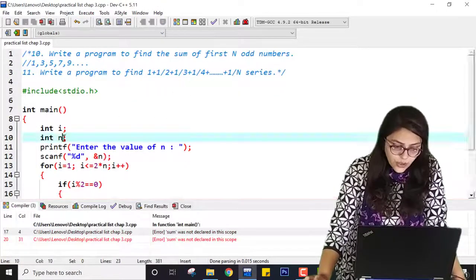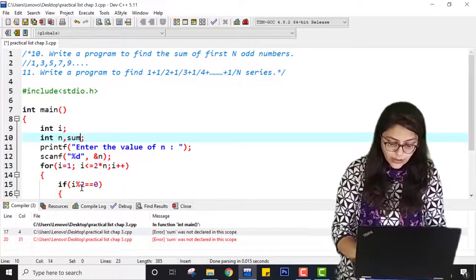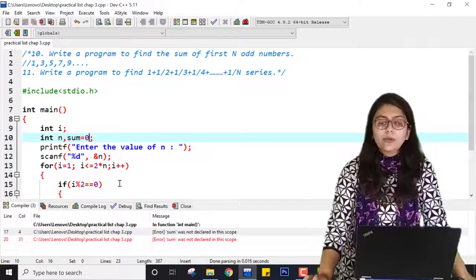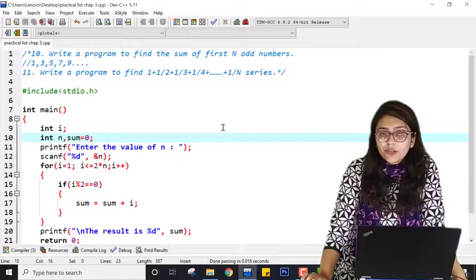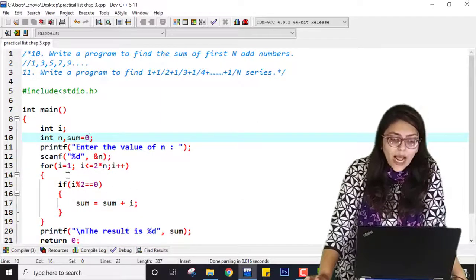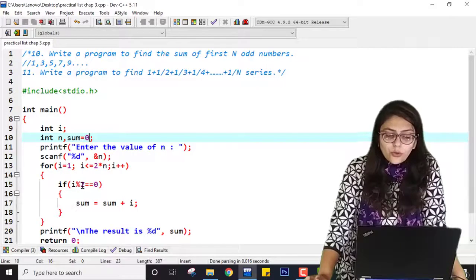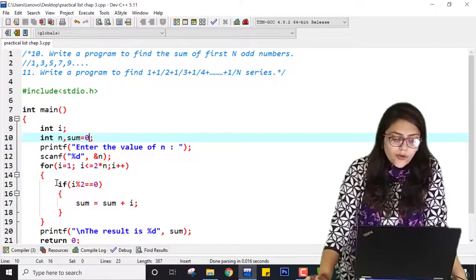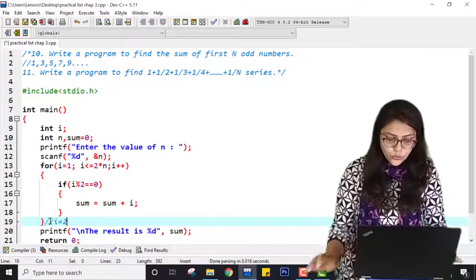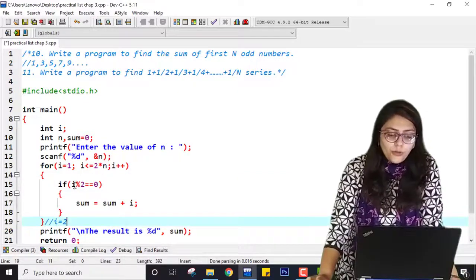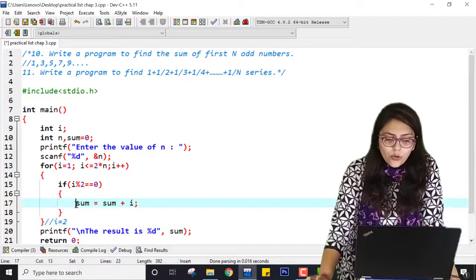Sum is not declared, and also not initialized. So I have to initialize the sum as well. I have already told you the logic of why sum should be initialized to 0. Because when i equals 1, 1 modulo 2 is not equal to 0, so the control will not go inside this. Now at this stage i will become 2. Now 2 modulo 2 is equal to 0, so it will go inside this.